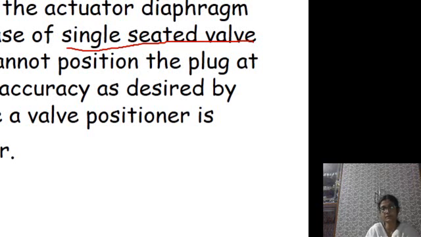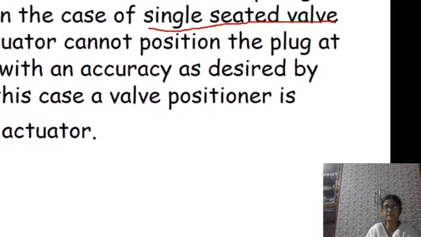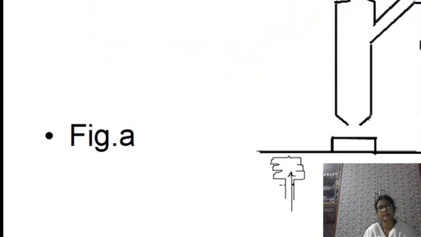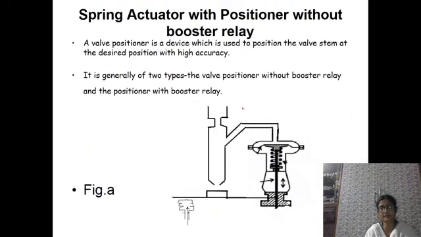So, in order to fit the plug at the desired position with an accuracy as desired by the controller, in this case, an additional feedback element is used called a valve positioner along with the spring actuator, just to position the plug at the seat area tightly or properly. This is the spring actuator with positioner without booster relay. Booster relay is nothing but an amplifier. In order to amplify the output signal, a